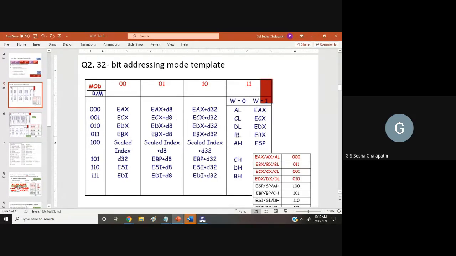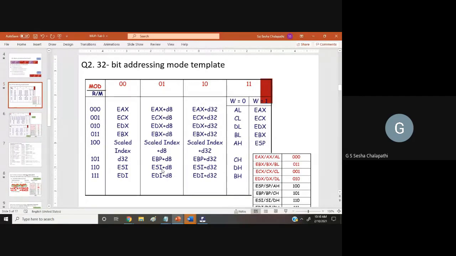Now you do not have any scaling index plus some data. You don't have anything like that. Therefore you will be choosing this particular thing, 00100, the first column.